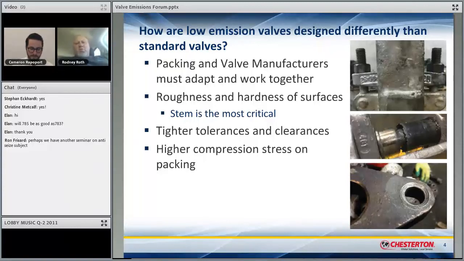And so when we are designing valves and packing sets to meet the low E requirements, we have to do things differently than has been done in the past. So I'll use a brief example to kind of help everyone understand on all three of these areas here. So first of all, on the bent gland, what we found is that many customers, because of how they buy their valves in China, they buy them by their weight, not by their size or class.